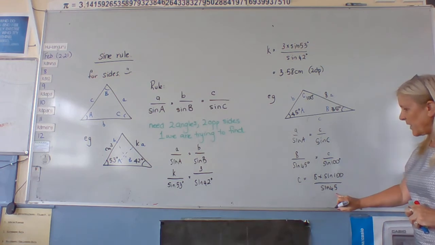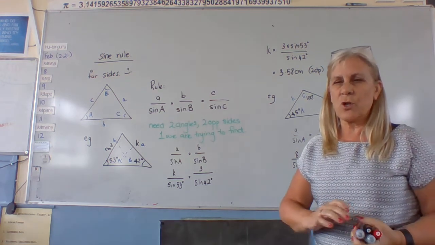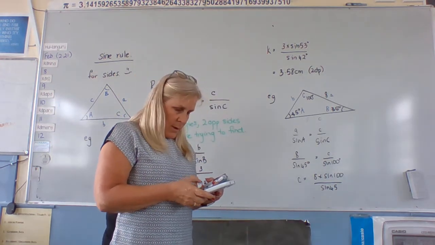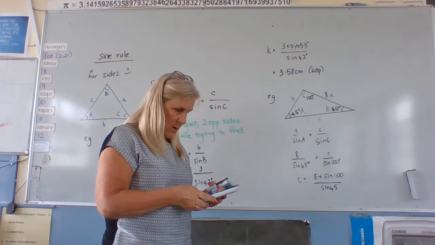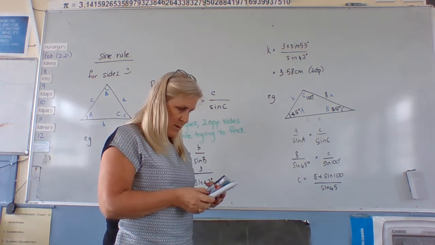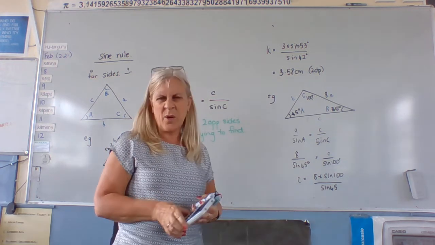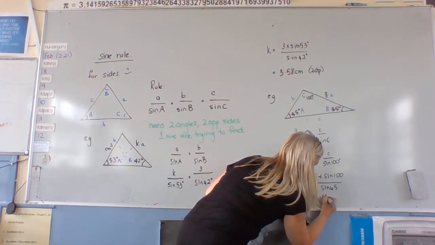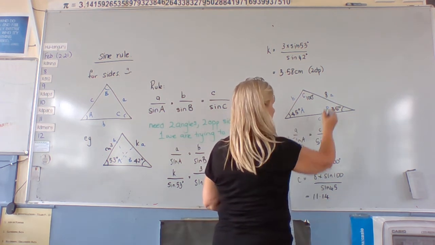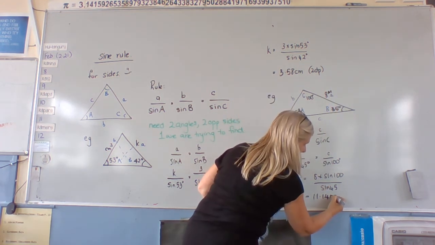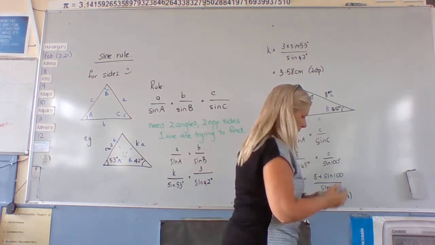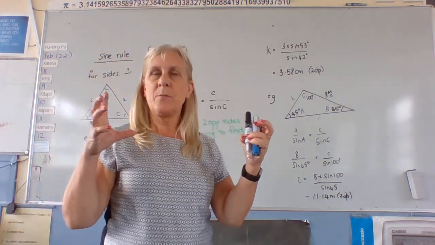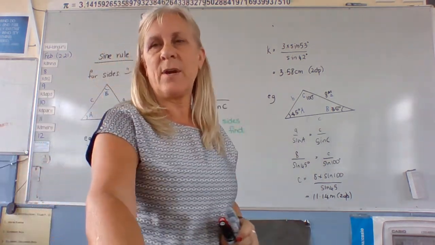Right? 8 and 45 went together, so they have to be over the top of each other. So what does that give me? Please be close to 10. 11.14. Guess that's not too bad. 11.14, whatever the units were, so maybe this time it was metres to 2 decimal places. Alright, so it's as easy as that, and that's all we're practicing today, is to be able to take it out and figure out what the